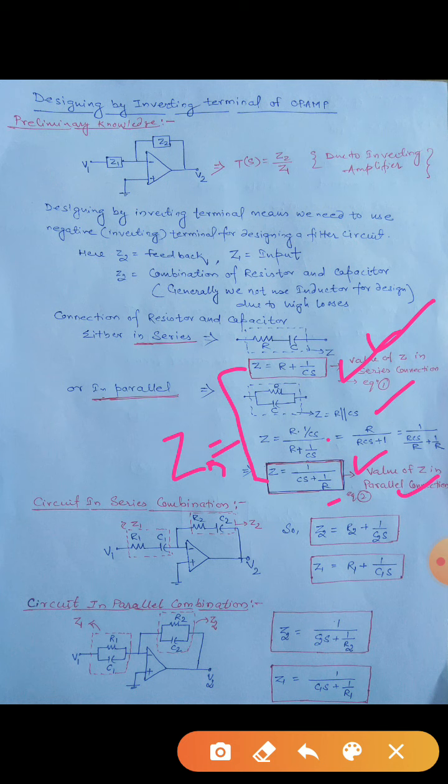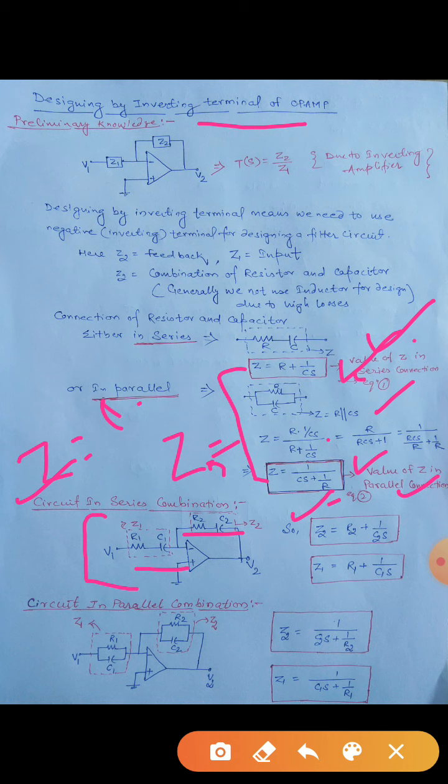Now if in the transfer function both resistors and capacitors are present, that means Z1 has R and C, and Z2 also has R and C. Then if we are designing the circuit by series combination, the final circuit would be like that. That means in Z1, R1 and C1 would be connected in series, and in Z2, R2 and C2 will be connected in series. Because here we are mostly talking about the inverting terminal of the op-amp, Z2 is equal to R2 plus 1 by C2S